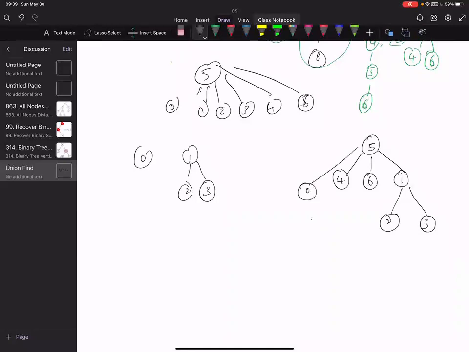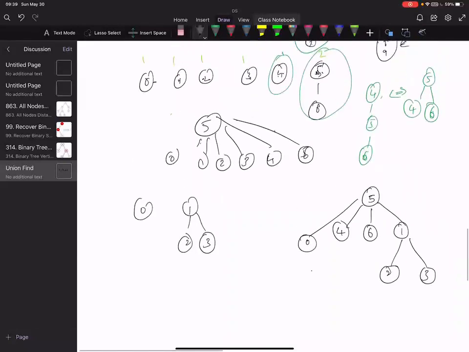So see, we connected everything, but our tree is not as flat as we thought it would be, because it all depends on what order your connections keep coming in. Is that clear? All right, we can talk about it more. It's clear.